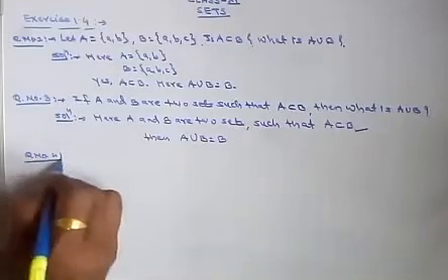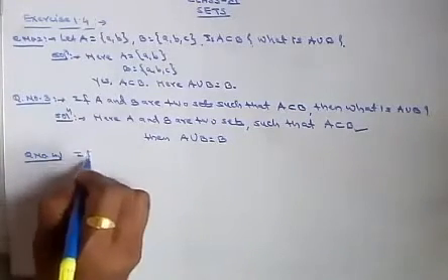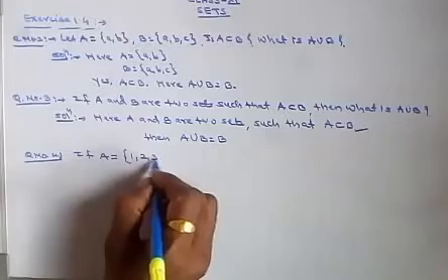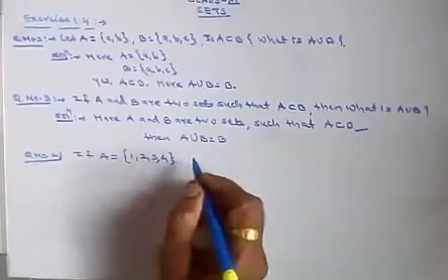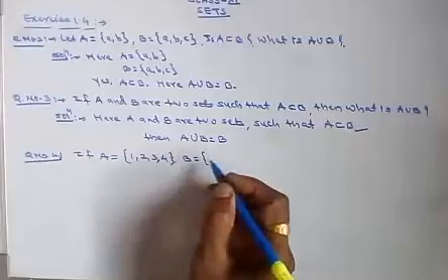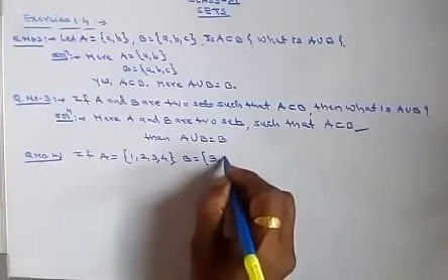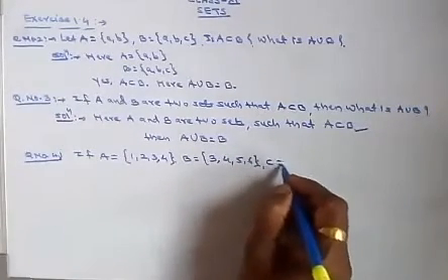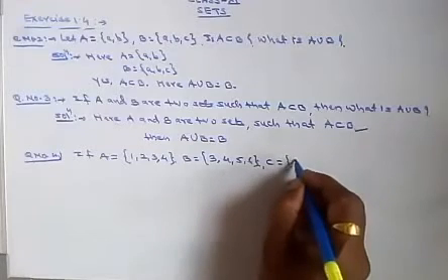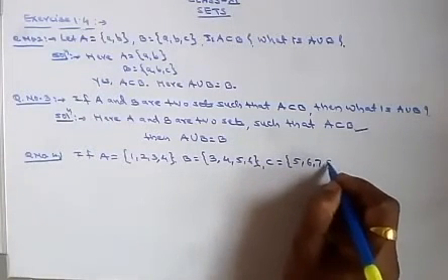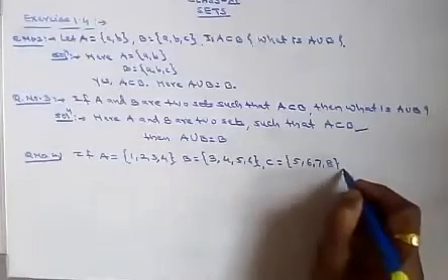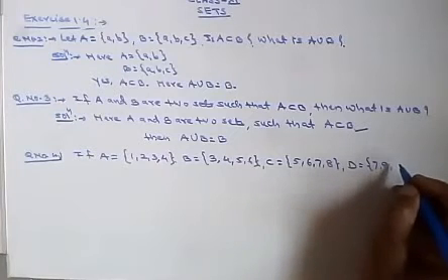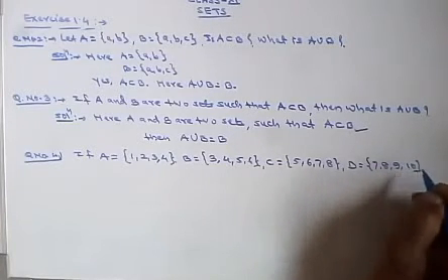Question number 4. If A equals 1 2 3 4, and B equals 3 4 5 6, okay, and one more set is there, C equals 5 6 7 8, okay, and D also, D is 7 8 9 10. So find,